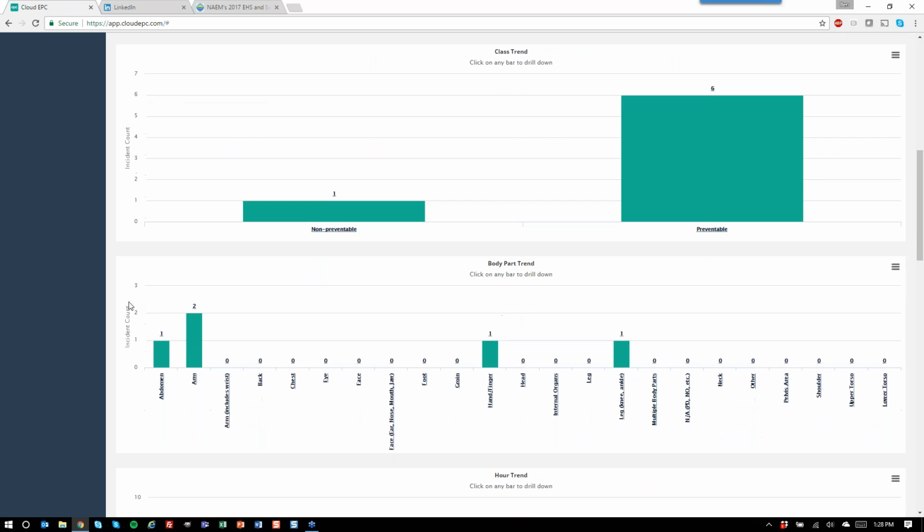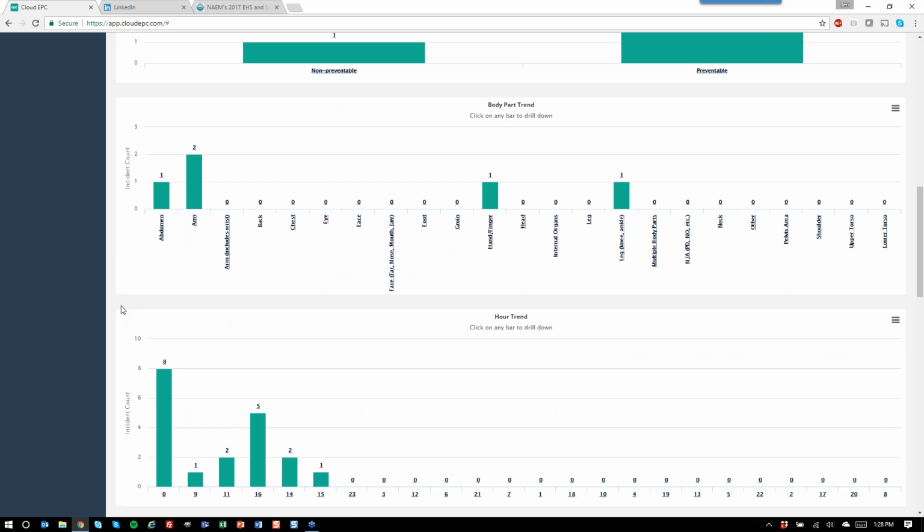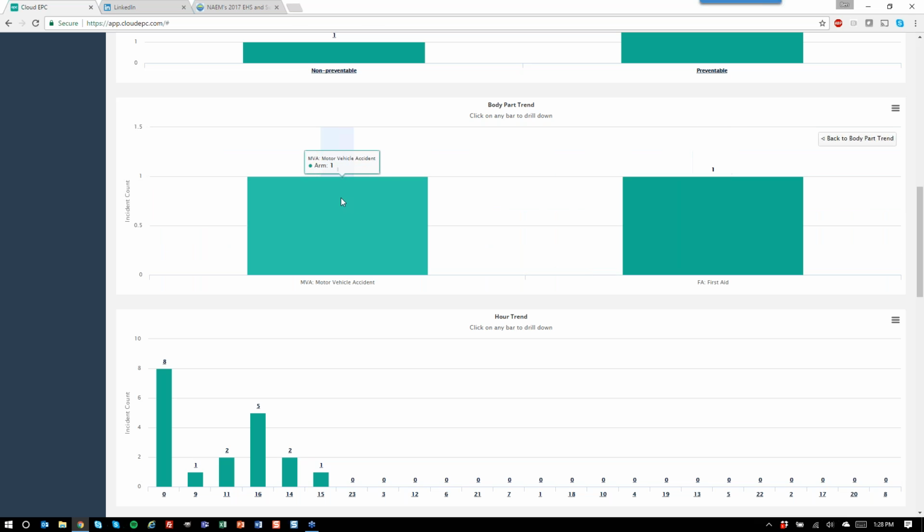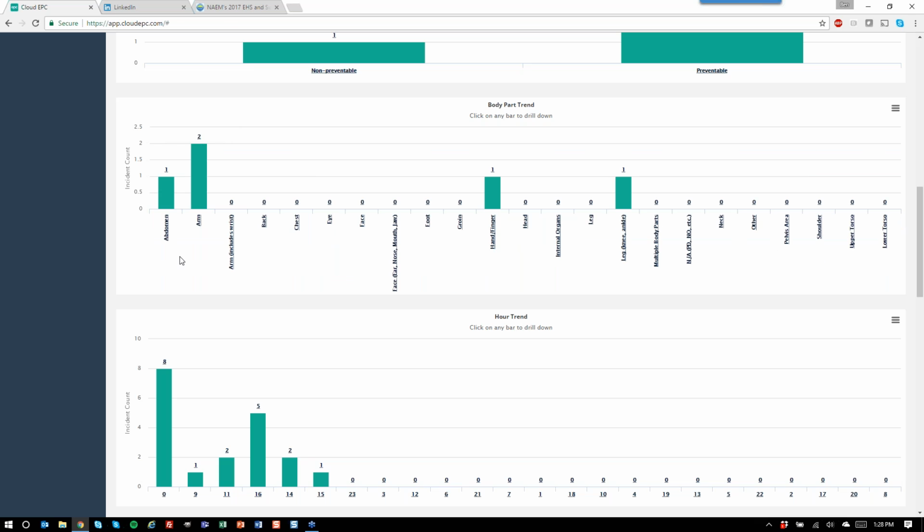dashboard. And one thing our clients really love the most here, these two in particular, is, okay, I want to see all my incidences that are impacting me by the types of injuries and locations on the body. So here we can see that we've had 2 arm injuries, 1 hand and finger, and 1 leg. Well, if you envision this on an enterprise level across, say, 50 or 100 projects that you've been tracking over the last 2-3 years, and you see that 75% of your injuries have been arm related, and then you drill down there and say, well, they're all related to motor vehicle incidences, they're all related to our electricians, and they're when they're doing high voltage cable pulls.